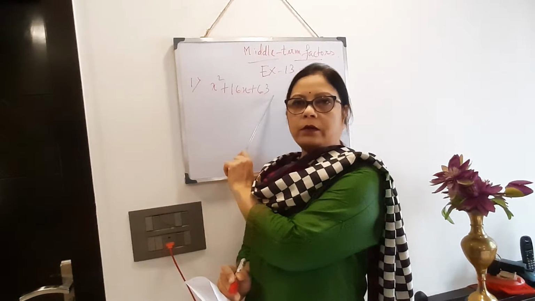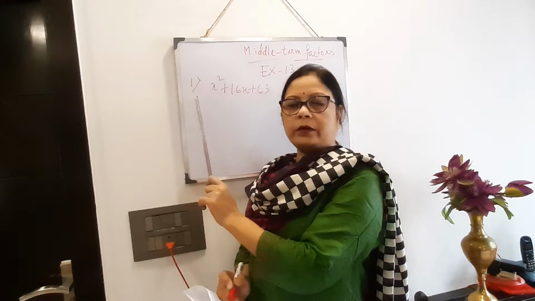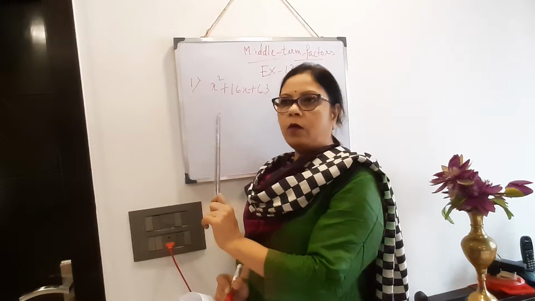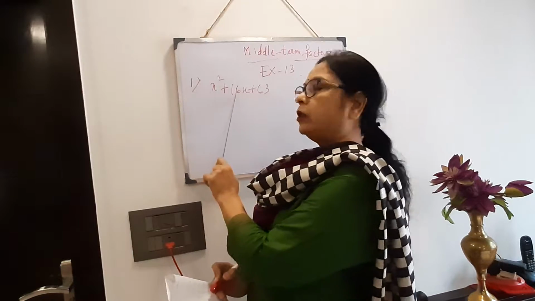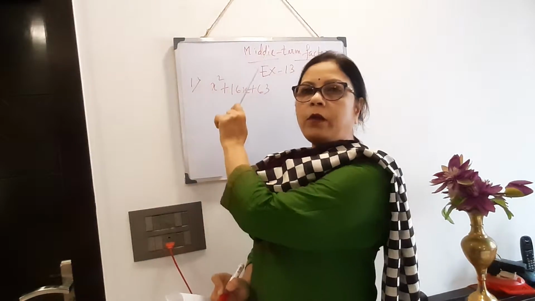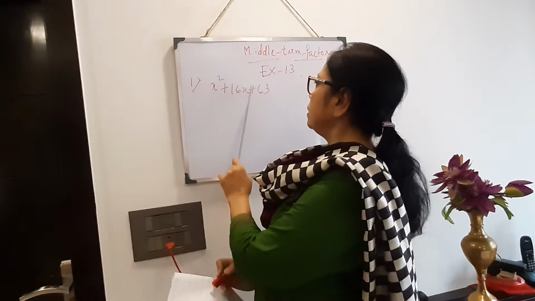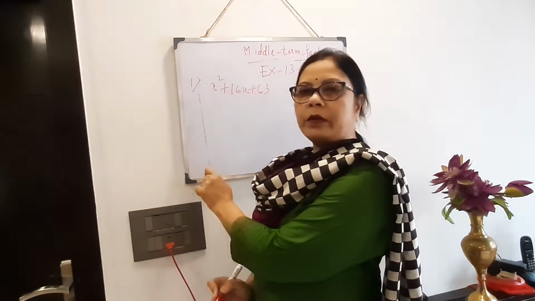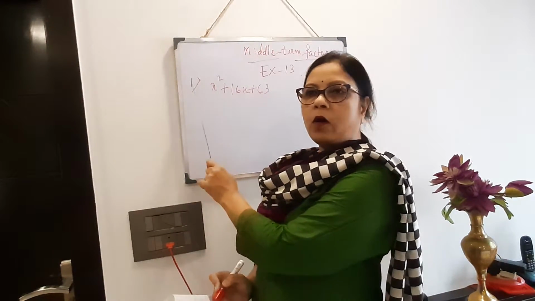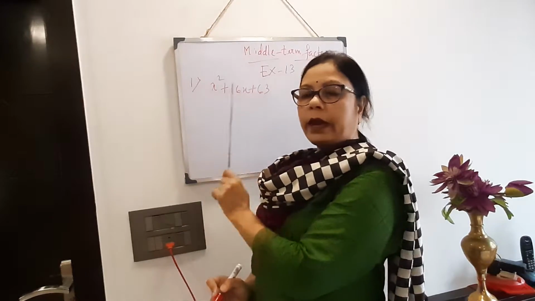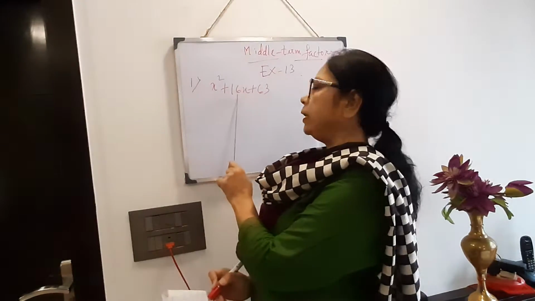From here, what factors you are getting? By using these factors, means either addition or subtraction, I will be explaining now how you will understand that. Either addition or subtraction, you have to find out the middle term. That's why it is called middle term factor. Clear? Now one thing, here all the signs are positive. Here also positive, here also positive. So in this case, when all the signs are positive, without any hesitation, you will add the factors, then you will get the middle term.